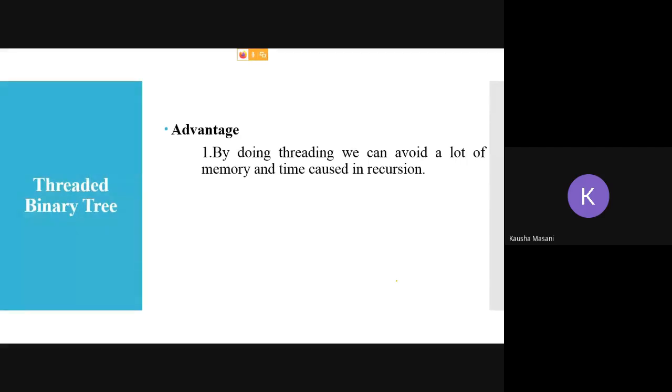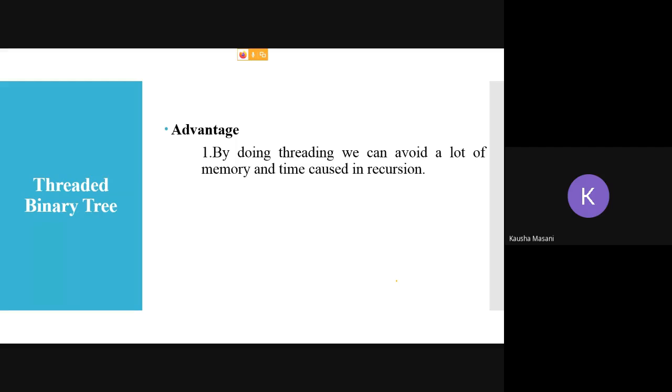Because in tree traversal we are using recursion. Every time you go for recursion, you are visiting each and every node, either for searching, updating, insertion, or deletion. But to reach that target node you have to go through multiple recursions.